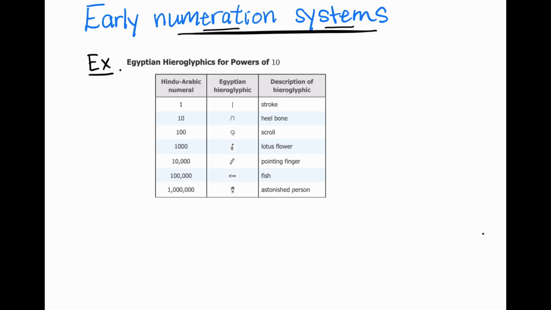Another numeration system is the Egyptian hieroglyphic numeration system. In this system, these symbols are used to represent numbers. And it's an additive system, which means that any given number is written using the numerals whose sum equals that number. So for example, if you wanted to write the number